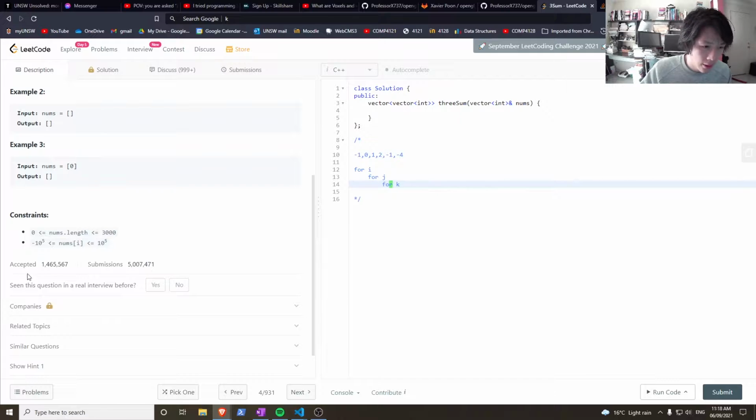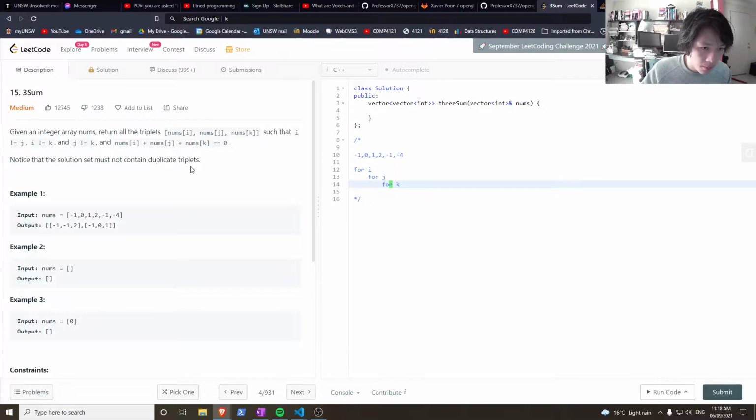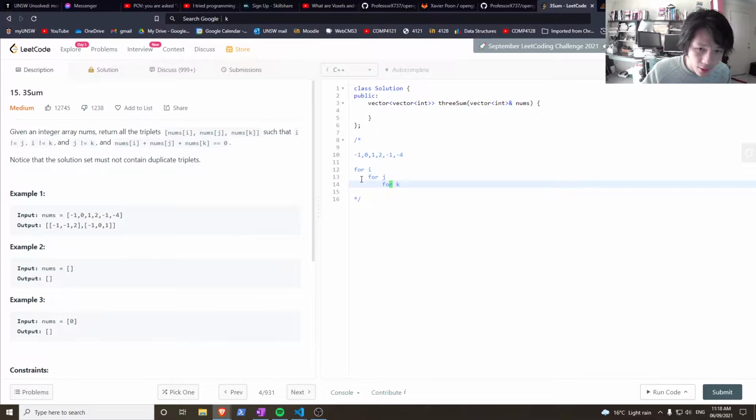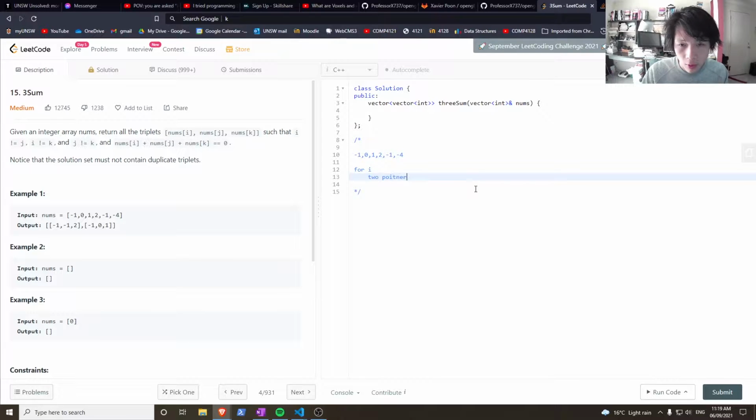And if you've done two-sum before, you know one way to make it n squared to linear approach is to sort it and then do a two-pointer approach. So we can keep i as it is, but then we can do a two-pointer approach here for j and k, like that. But this only works if the list is sorted. So let's sort this list